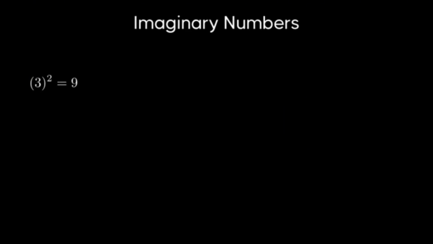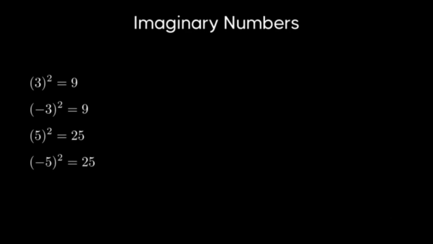If we think about the numbers we're familiar with, this seems impossible. To understand why, let's examine what happens when we square different types of numbers. When we square a positive number like 3, we get 9, because 3 times 3 equals 9. What about negative numbers? When we square -3, we also get positive 9. This is because -3 times -3 equals positive 9, following the rule that a negative times a negative gives a